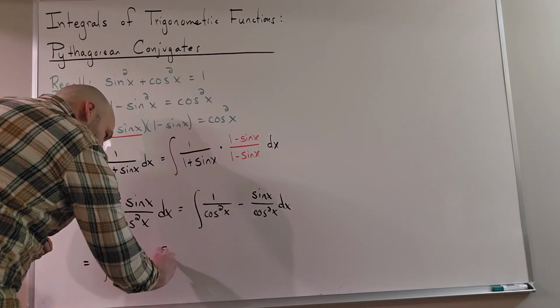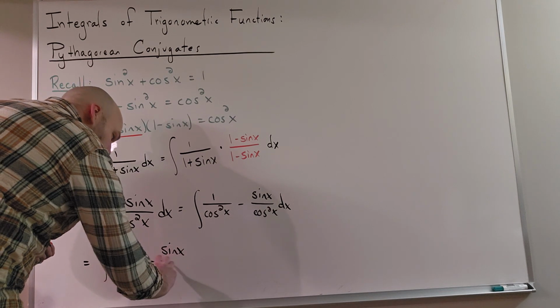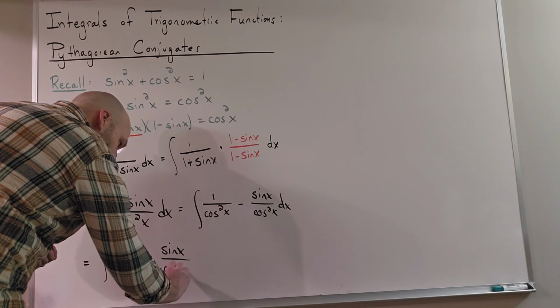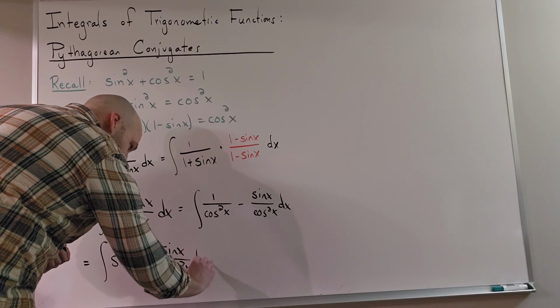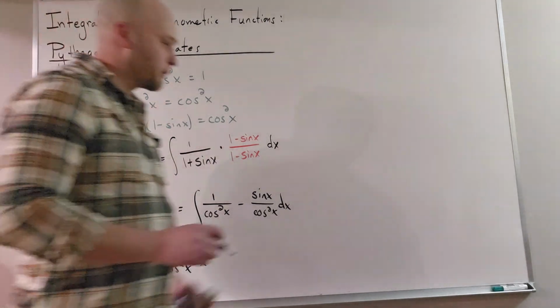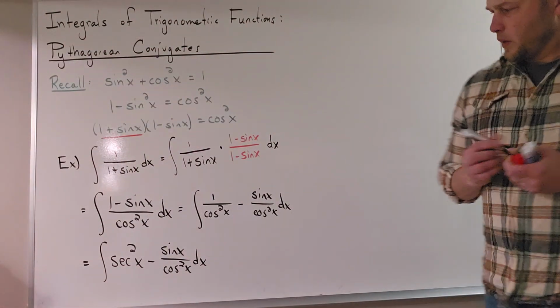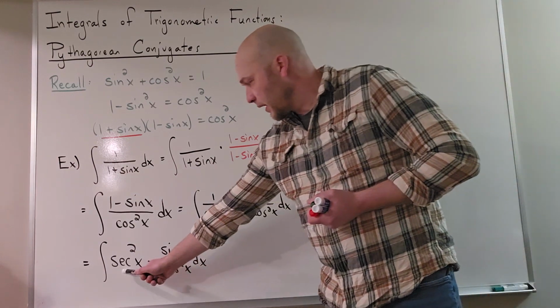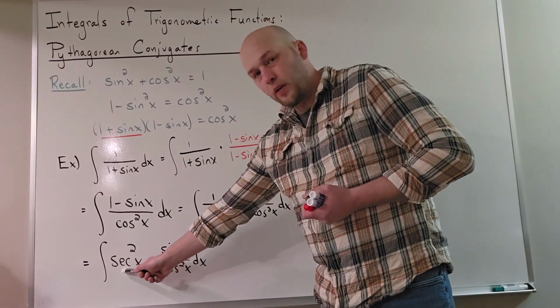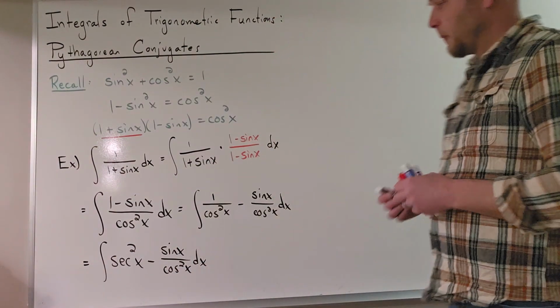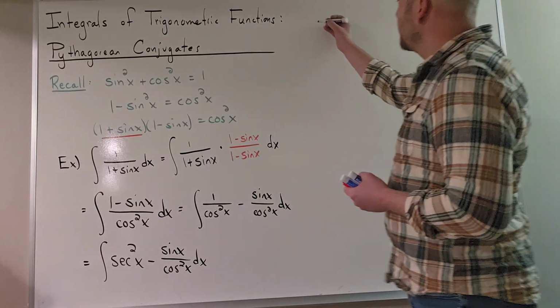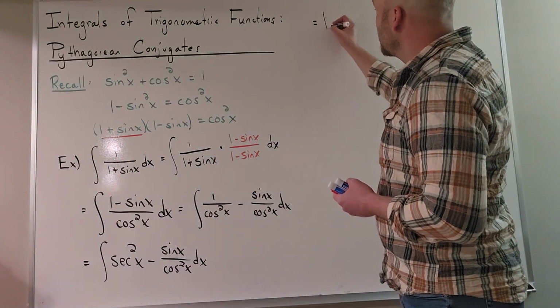And then for the second term, sine over cosine squared, we can use a u substitution. This first term, of course, should be standard. The antiderivative of secant squared is tangent. So therefore, this is equal to tangent of x